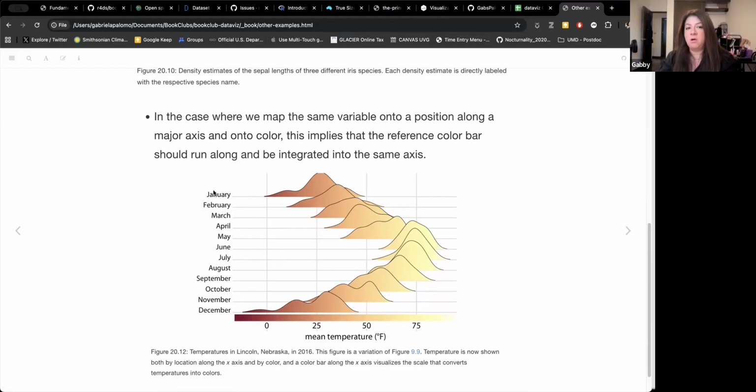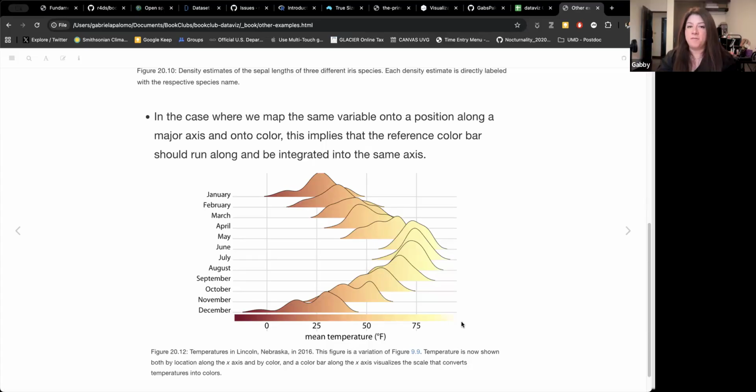So we have all the different months from January to December on the y-axis. And on the x-axis, what we would expect to see is temperature, from minus 20 or minus 25 or something like that, all the way up to 100. That is more or less the range of temperatures that we would expect to see here, just a regular